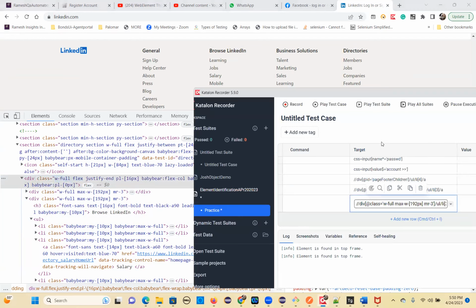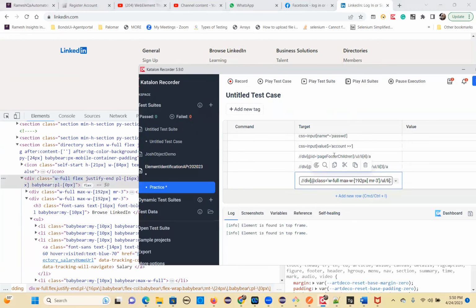You can give partial attribute value, partially. So you don't need to give the complete value. So how to write that? Contains, of